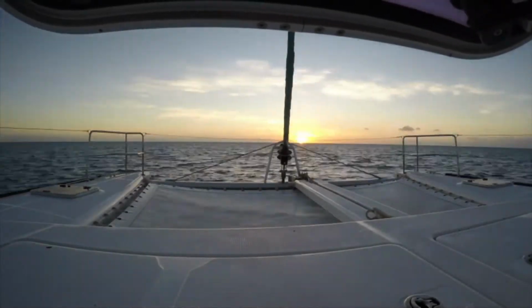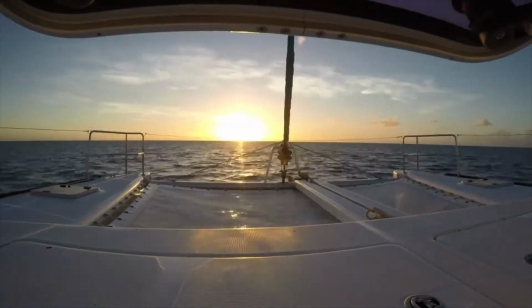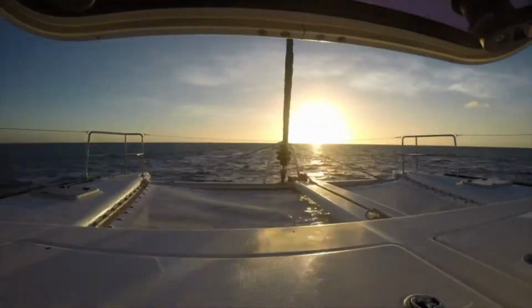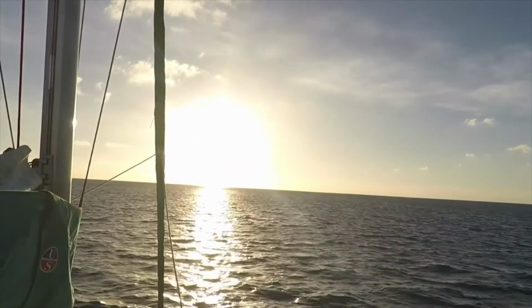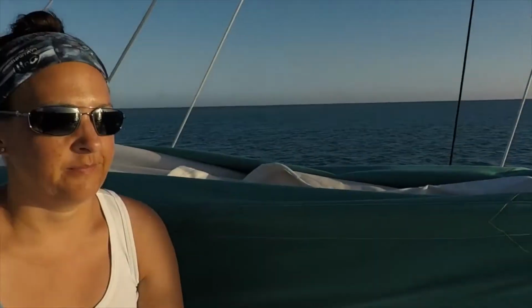Sunrise on the outer reef never seems to disappoint. Watching the sunrise, which is now risen, hence the sun is up. It's probably about 6 AM, coming up to low tide, which means it gets calmer and more protected out here because we have a reef that surrounds the entire lagoon. It's blowing at about 15 knots,